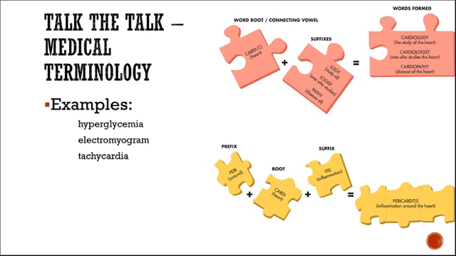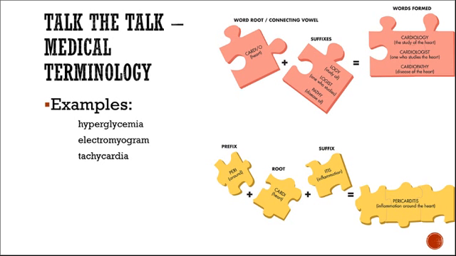If you've already had medical terminology previously, it's okay. But what we're looking at is, do we really know how to break up the words? Because you're not going to know every medical word that's possibly out there, but you might know the parts of the word and can derive the meaning by breaking it apart. Generally speaking, we talk about word roots, combining vowels, suffixes, and prefixes when we're looking at medical terms and dividing them into the pieces. It's like breaking a puzzle apart. Here are some examples of terms that I would love for you to know for your quiz this week.